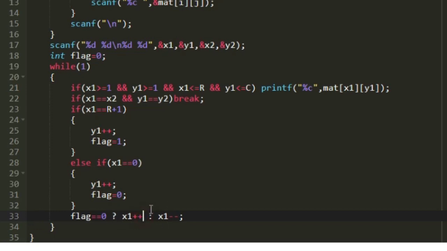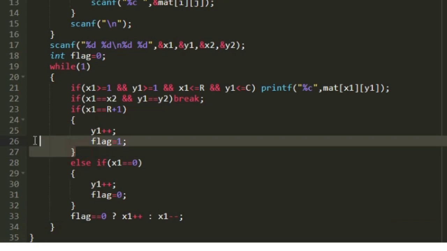Since x1 is related to row, we are incrementing x1 plus plus whenever flag is equal to 0. And the same, if flag is not equal to 0, then we should move from bottom to up. So x1 minus minus. Only when the value of row is decremented will we be moving from bottom to up. We will be using this flag variable to determine whether we are moving from top to bottom or from bottom to up.